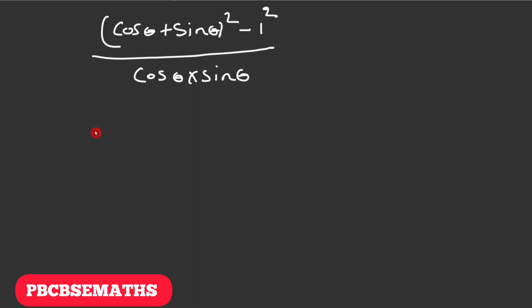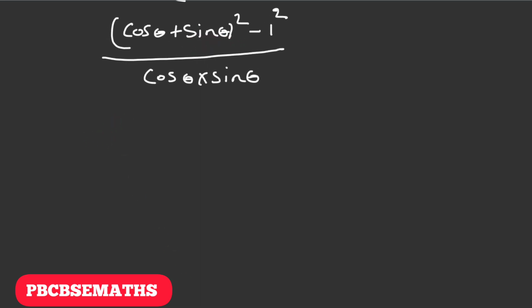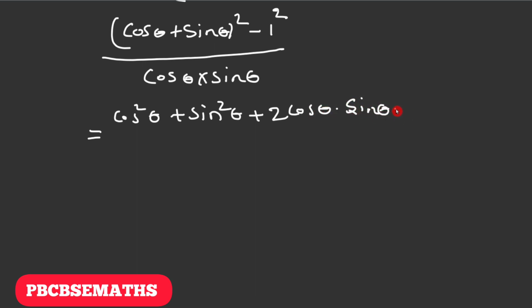With the help of that identity, we can write it as cos square theta plus sin square theta plus 2 cos theta into sin theta, minus the value of 1 square, which is 1,